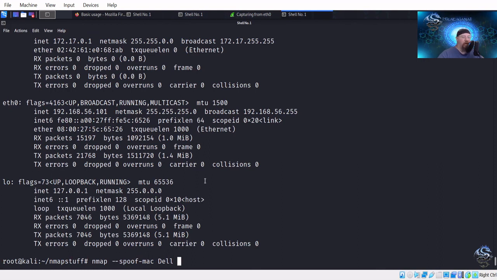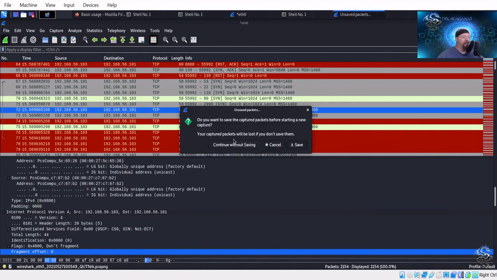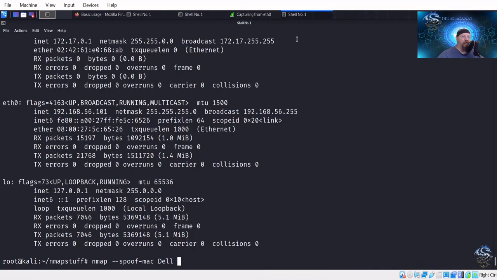Now, it may not show up correctly in Wireshark because, again, it's using my VirtualBox NIC. So it's typically showing up as PCS something or other, but I'll still capture it, though it likely won't show it properly, just so you know. But on a real machine without a virtual machine, it should legitimately do it. So we'll say